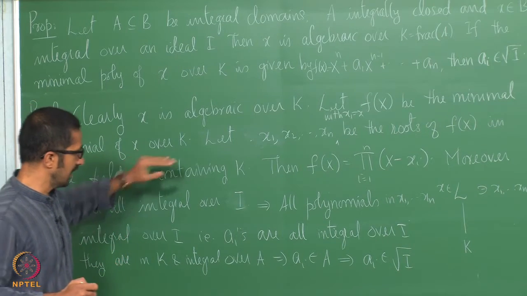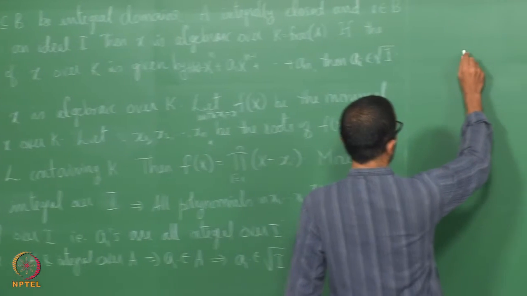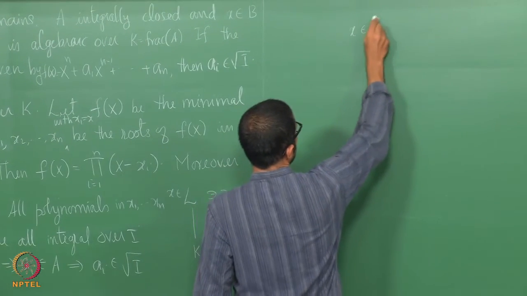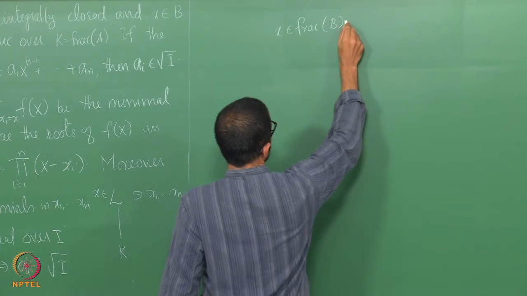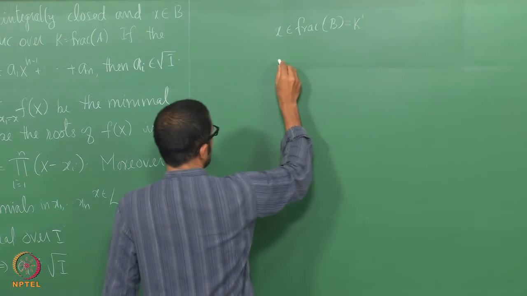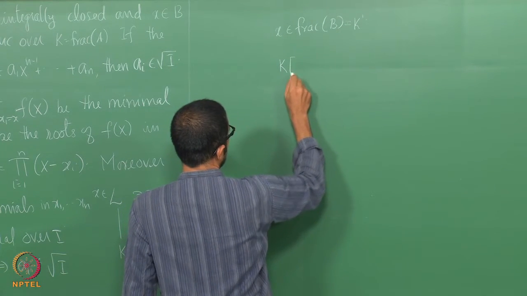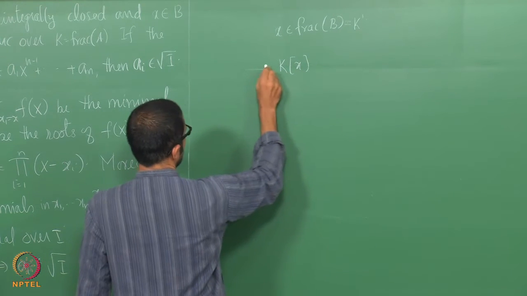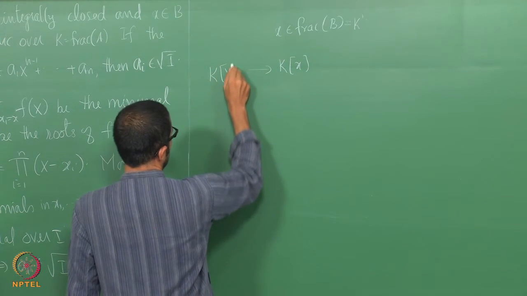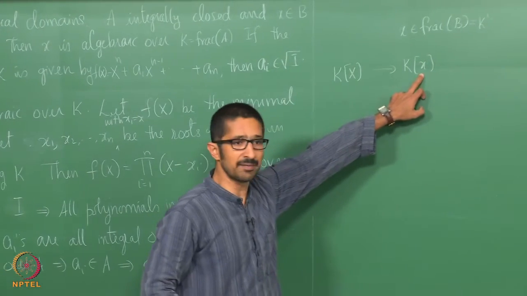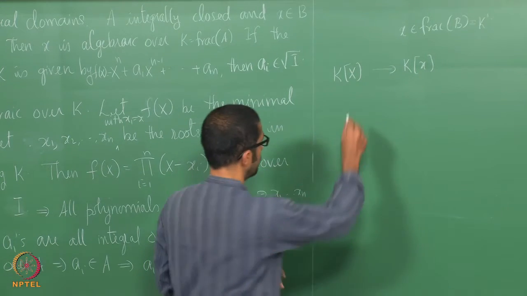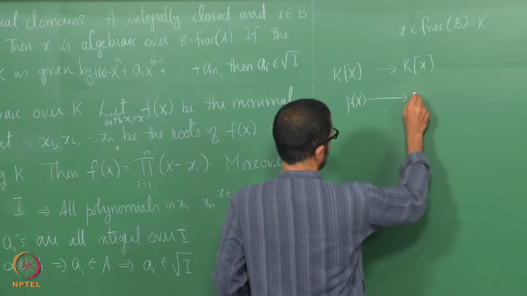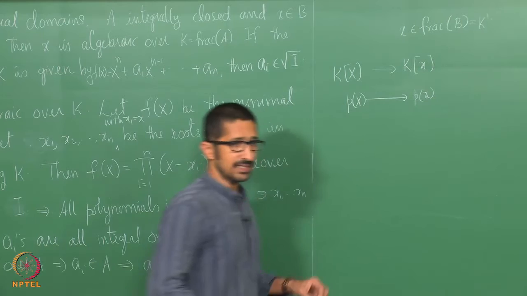What is a minimal polynomial? If I have an element x which is in frac B and this contains K, let me call this K prime. Now, if I look at K[X], I have the surjective ring homomorphism, the variable X going to the element x, p of capital X going to p of small x. This is a ring homomorphism, and this is a field,